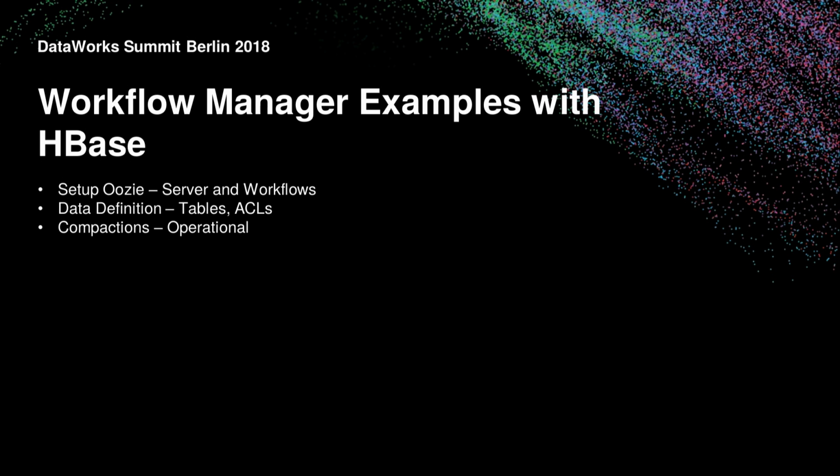Then one of the motivations here for us at least is how do we deploy our HBase tables and set up ACLs? And one of the things is we want that to be repeatable. We don't want to have one cluster with one table and then, oops, misspelled on the other, or that ACL wasn't quite consistent, so what's going on? So we want to make sure that it's consistent. So I'm going to show a way that that can be done